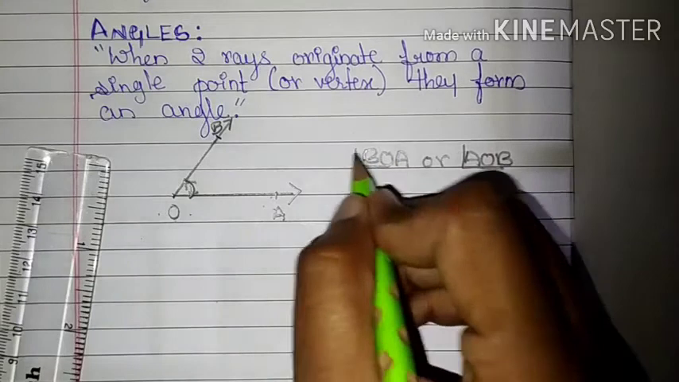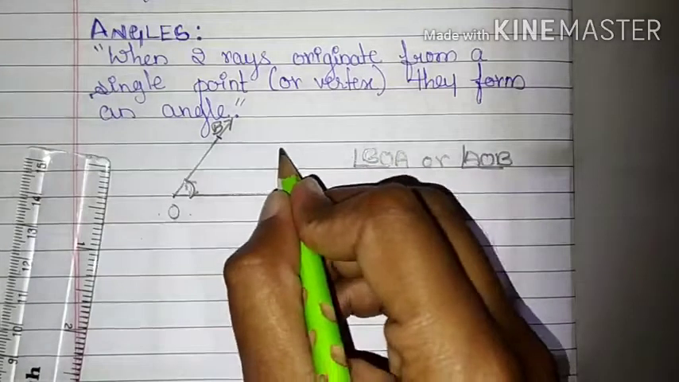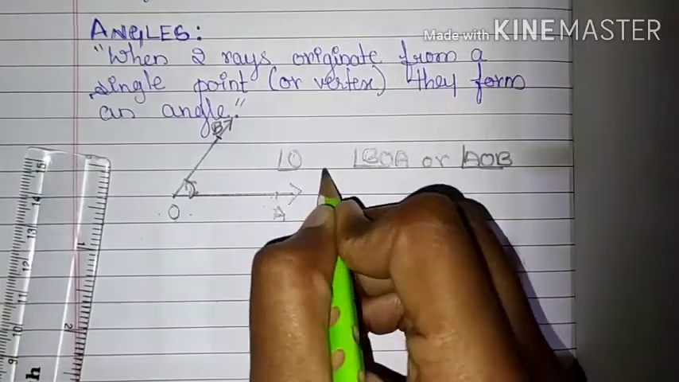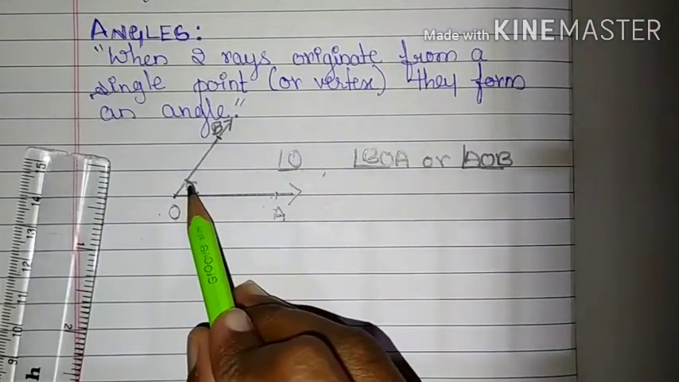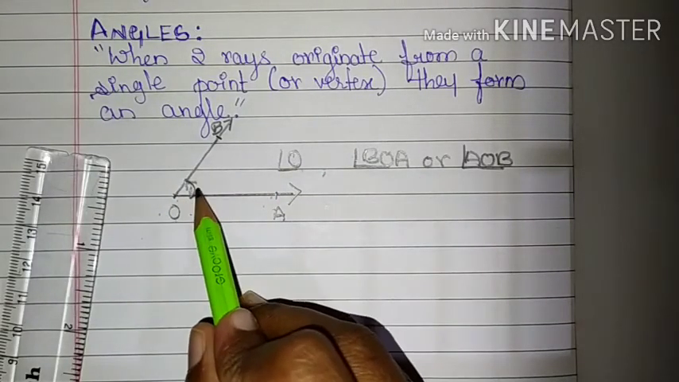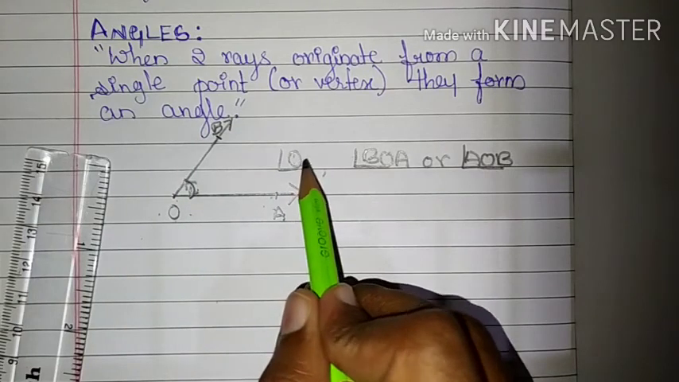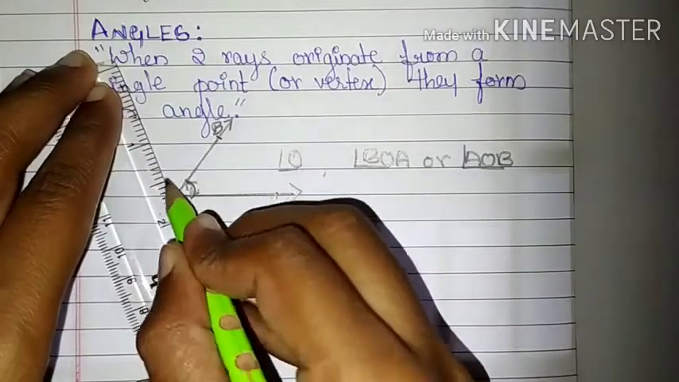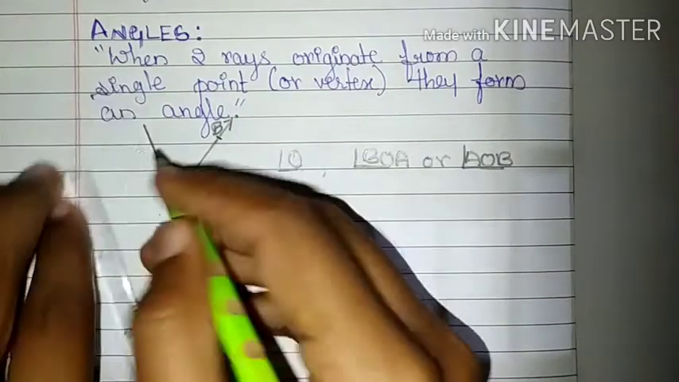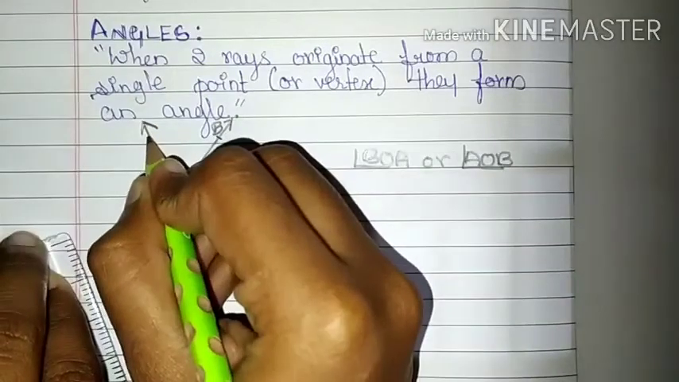Both the representations are same. Otherwise, you can just call it angle O. This is also correct. Since we have only one angle at this point, angle O also suffices. But if there was a second angle, say there was a third ray C,